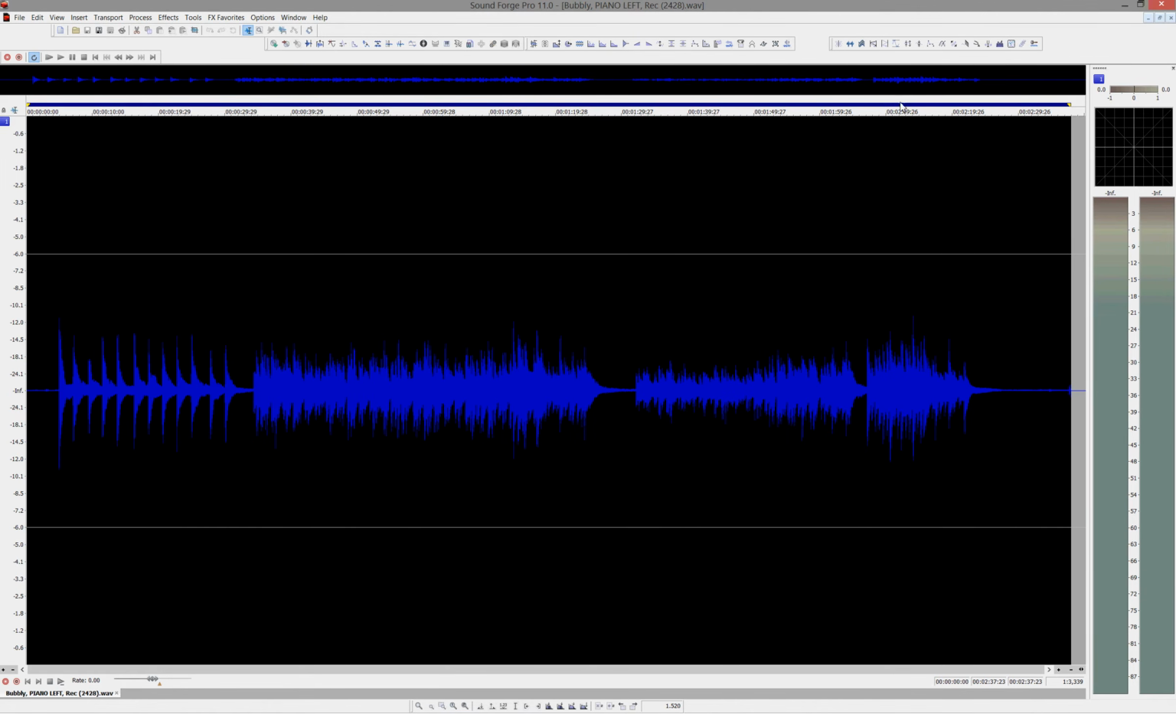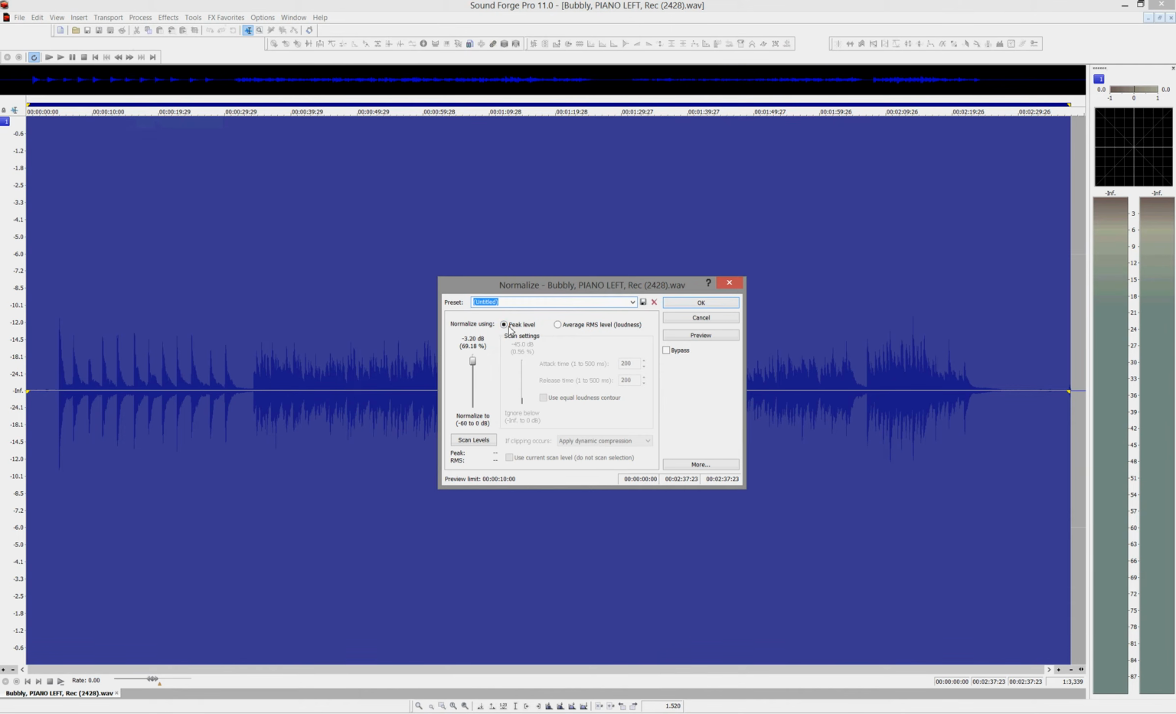First thing you can do is try normalizing. You can either do that under Process, Normalize, or there's a little icon here showing two arrows pushing something to the outer limits of the rectangle. So for normalize, you want to make sure this is set at peak level, not average level, and then set it to just a little more than -1,